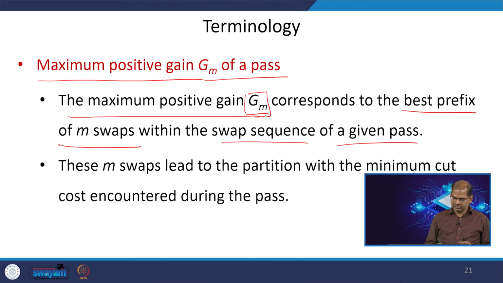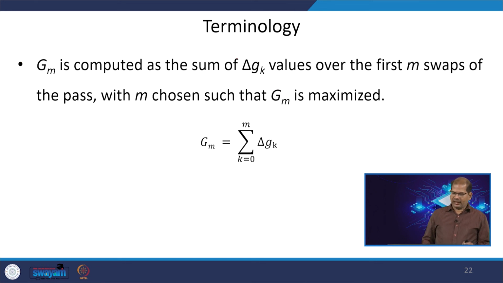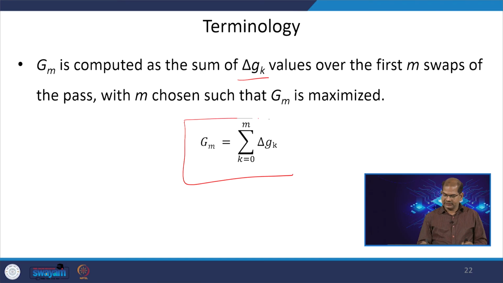In the KL algorithm, m swaps lead to the partition with the minimum cut cost encountered during the pass. G m is computed as the sum of delta G k. Basically, whatever delta G comes at each iteration is summed to find G of m. In each iteration of the algorithm, I get delta G i, and the gain is accumulated at every iteration. Then I need to find which iteration has the maximum gain, and that should be taken as the best